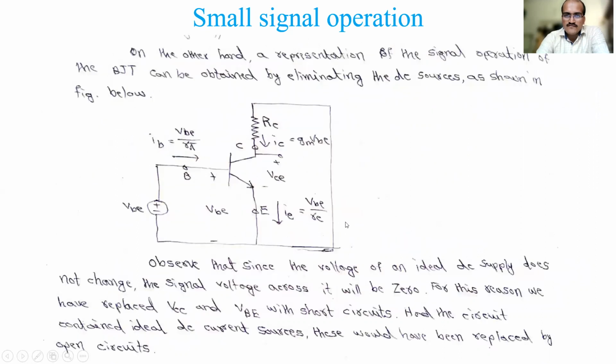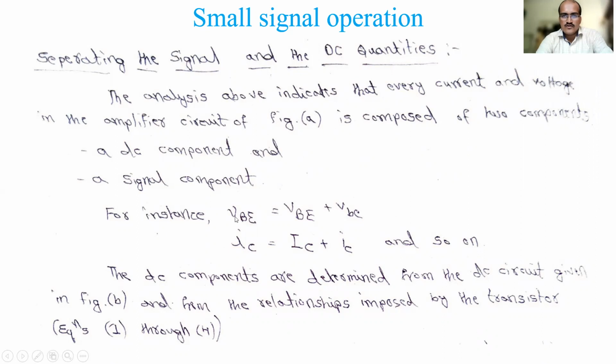So how will you identify them? The instantaneous one has a small letter, like small c, small v. You could not make any changes there, and you could not take another value either, because the meaning would completely change. That's why you could not do that in transistor analysis. So VBE equals, here one is capital and one is small, and IC like IC plus IC like that. How will we identify them? While writing only. My writing looks like I try: this is capital, this is capital, and this is small. But somewhere it is not matching, so while writing, you do that.